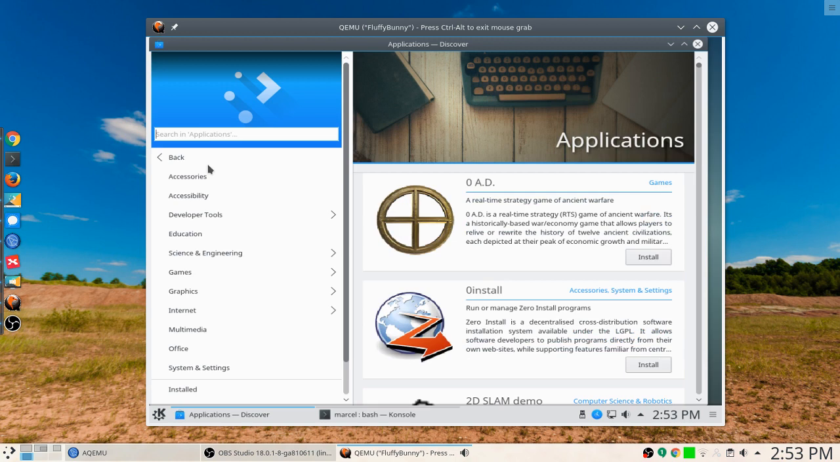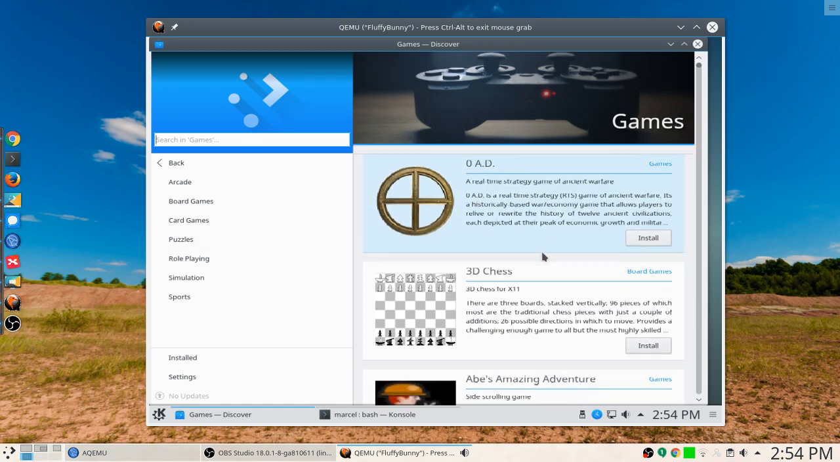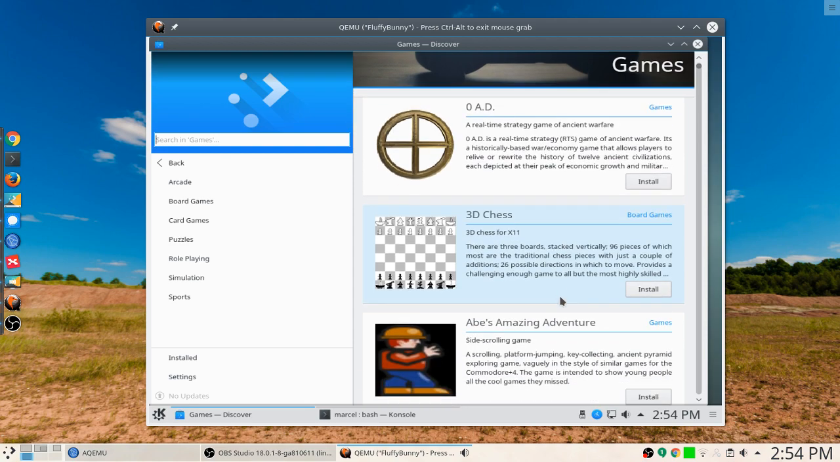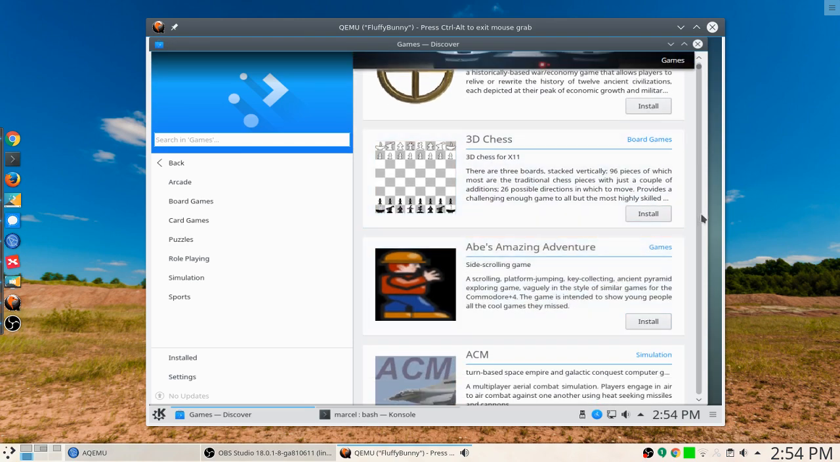Oh, there we go. That's the reason. Okay, so I can't really beat up on Discover, because I hadn't actually bothered to tell it to update the software. 0 A.D., a real-time strategy game of ancient warfare, historically based, where the players rewrite history. Abe's Amazing Adventure, a scrolling platform, jumping, key collecting game. Sounds a little tiny bit like